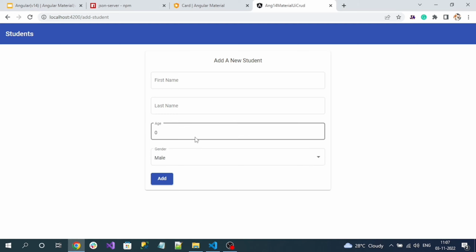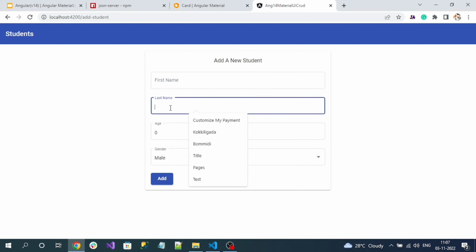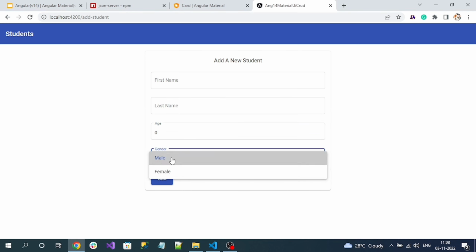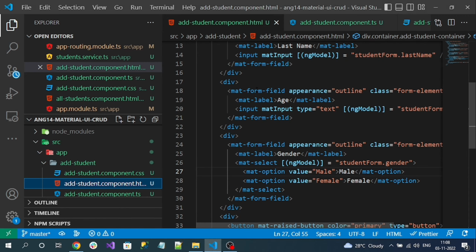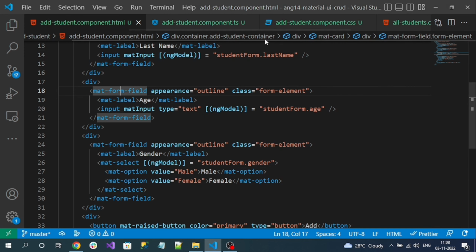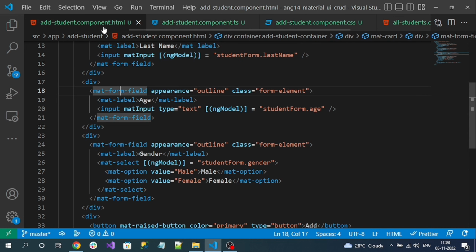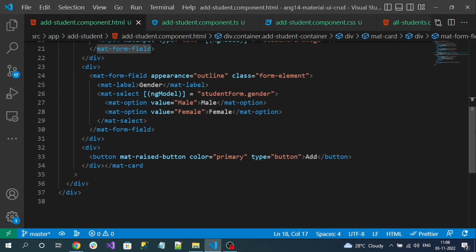See, now here we are getting some default data, empty fields, and here 0. And here you can see male automatically bound. That is because we have given the default value as male in our TS file. So now for this button, I have to register a click event, and to that event we have